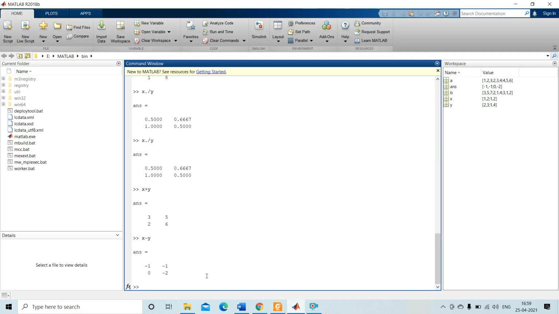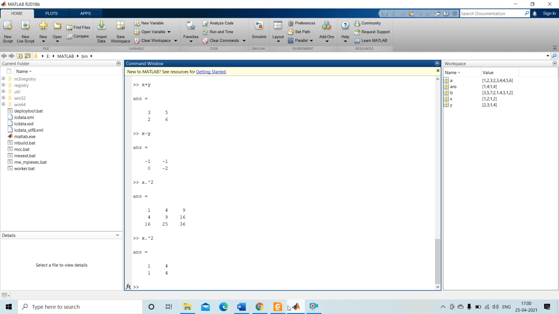And for array exponentiation, a dot to the power 2, if I write like this, enter. Sorry, a is a very big matrix. So if I write x dot to the power 2, enter. So see, x matrix 1 2 1 2, so 1 square is 1, 2 square is 4, then again 1 square is 1, 2 square is 4. So it is an element by element operation performed here.